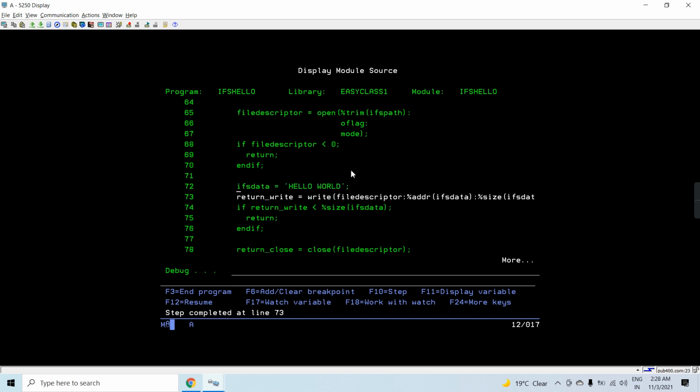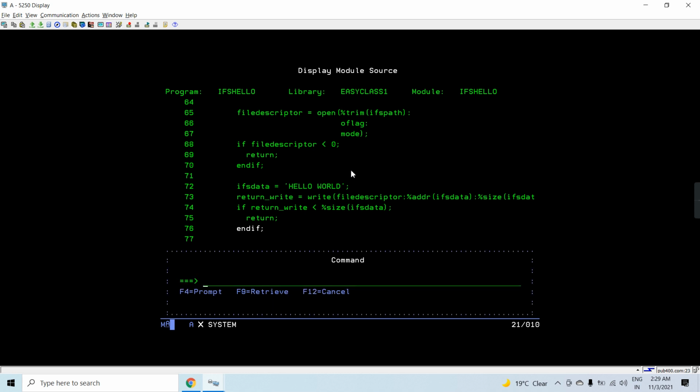Once we pass some data to the IFS data variable, we will call the write API by passing the descriptor, the pointer to that data, and the size of how much we want to write. That's 11, so we have a return value here. That's 11, that is correct. So the number of bytes written is the same as the number of bytes we want to write, so it won't return from here.